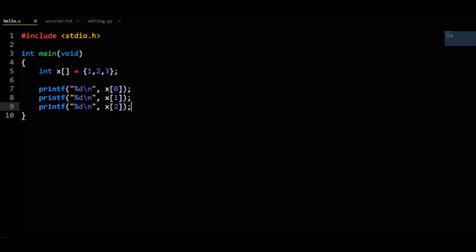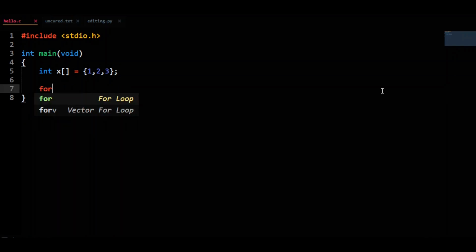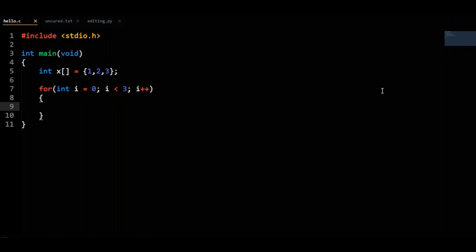Normally, the first way we think of to reduce code duplication is a loop. So let's make this into a for loop. For int i equals 0, i less than 3, i++. For those that are brand new to coding, this basically says start an index variable.